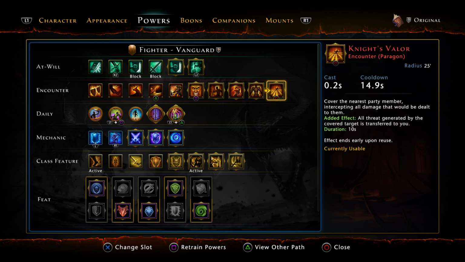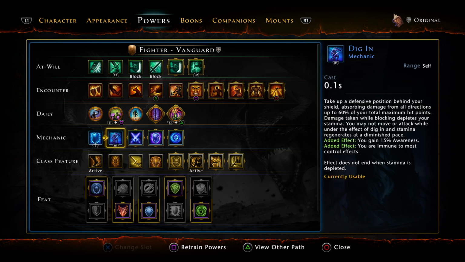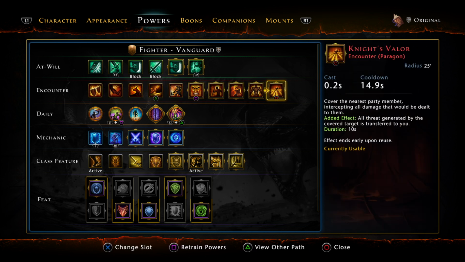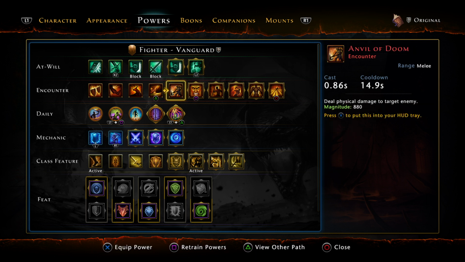You save a player, the nearest, and the threat is transferred to you as well, so you can guard the healer if they get in high pulse. You can survive just this Knight's Valor of the daily, and you can dig in and 0 damage to the healer. Even have guarding a tank in Tom. So this one I prefer to use it in first threat instead of anvil,